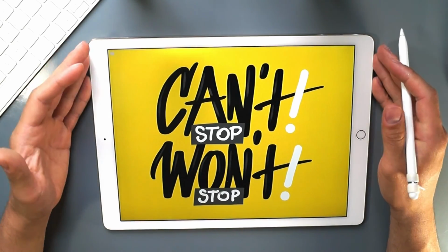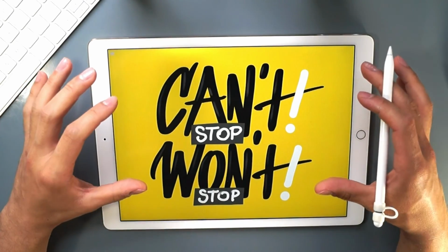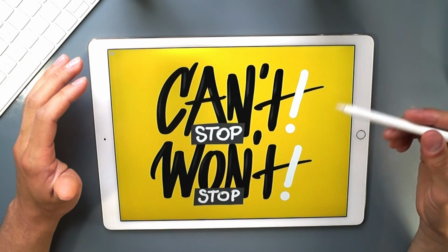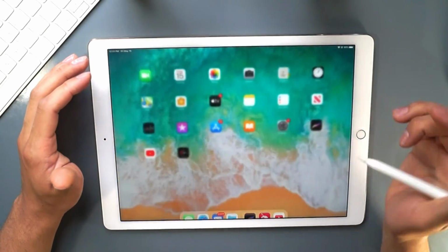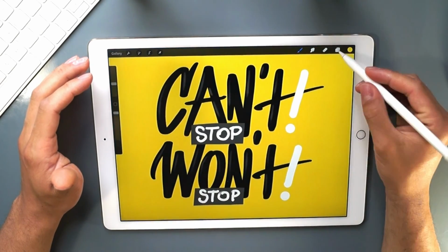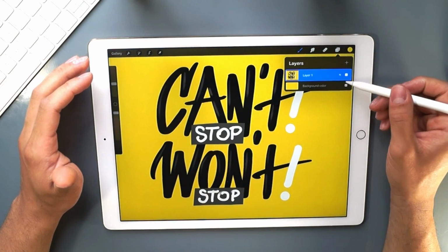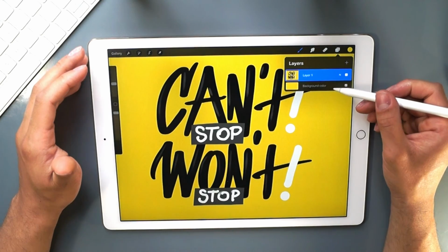I'm going to demonstrate how I did it in Procreate with this example of a hand lettered piece. It says "can't stop, won't stop." So we'll jump right into it. I have the finished piece here on one layer,